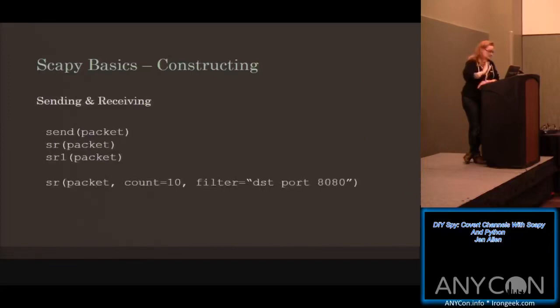Sending and receiving is pretty straightforward, and we can also send and receive expecting a packet negotiation to come back. Scapy has a lot of default protocols built in, so that if you send an ICMP echo request and you get an echo reply, it's going to intelligently recognize that was the response. We can identify that the count that we want to send out is 10.